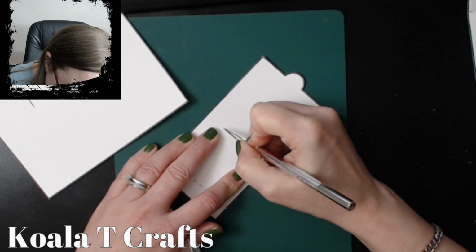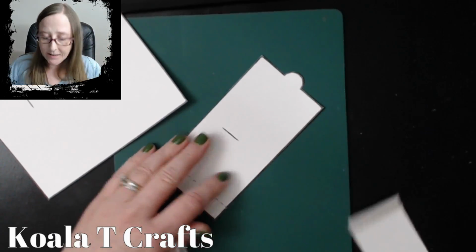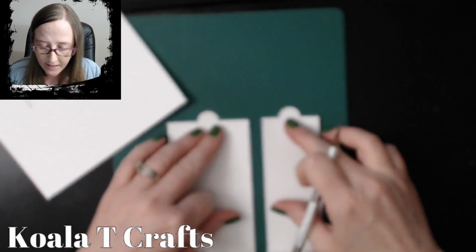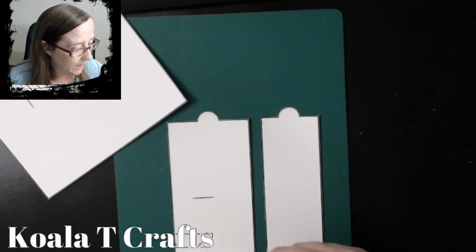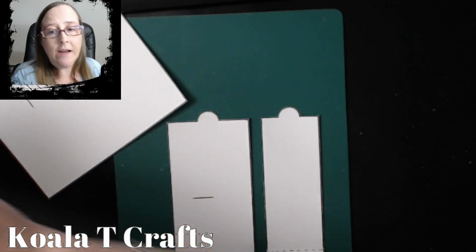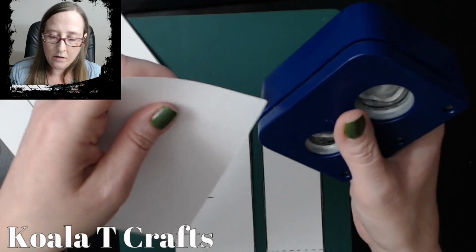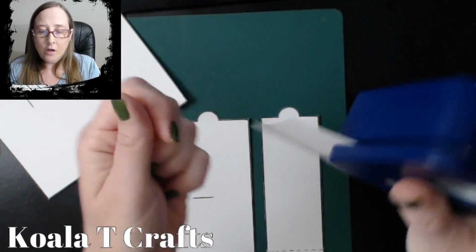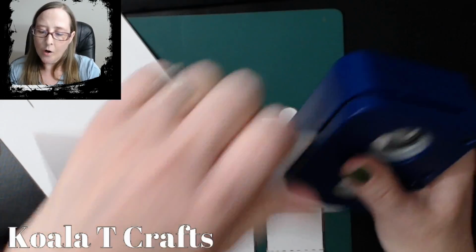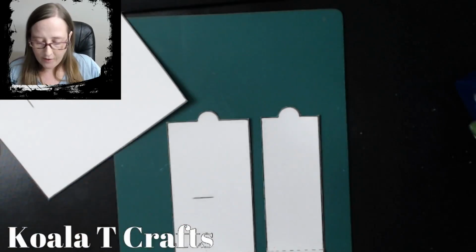And then I have a little trick to stabilize these dots so that the card goes together easier. You're going to want to take a 3/4 inch punch, and that's also listed in the supplies. And I'm going to do this right now while I'm thinking of it. You're going to want to put a 3/4 inch heavier cardstock